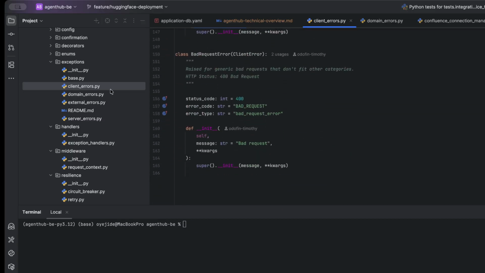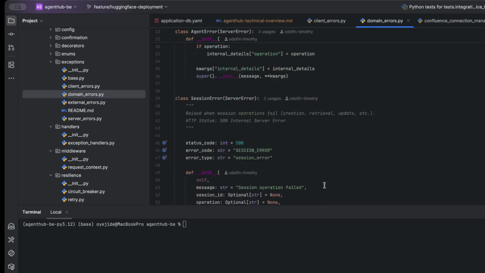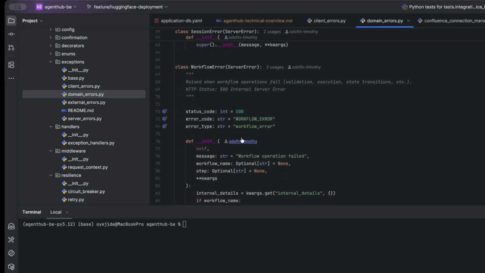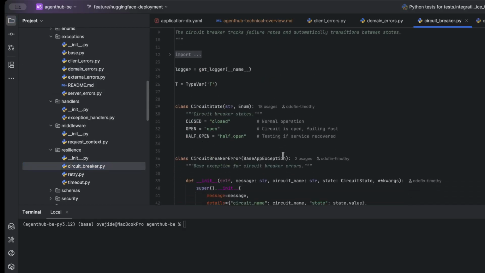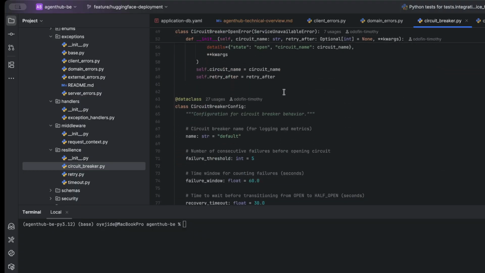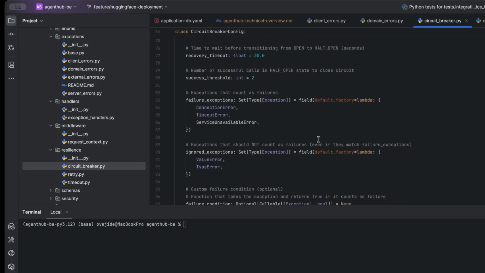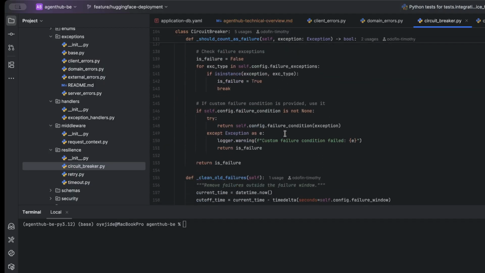You could just go through them: domain specific agent error, session error, workflow error. And now, as I'm talking about the circuit breaker, you could look at the design. I put a well written comment. Everything is well documented. I try to put a comment at every section of the code so that you could understand it